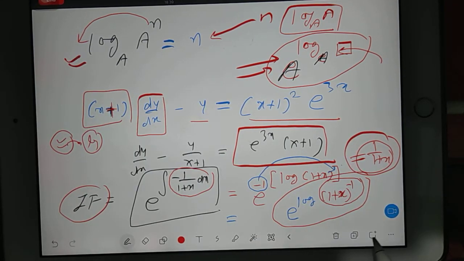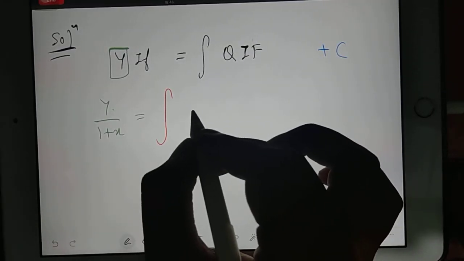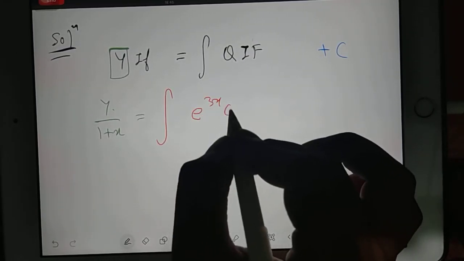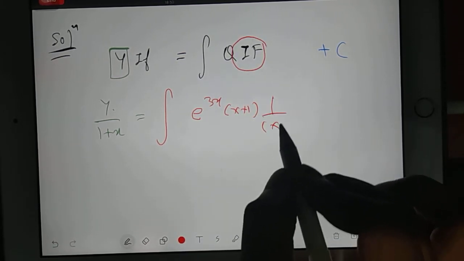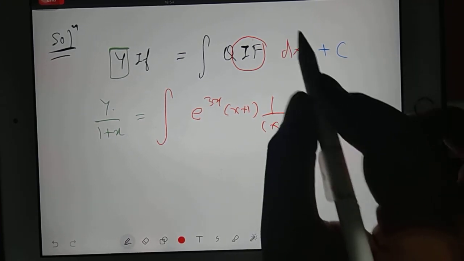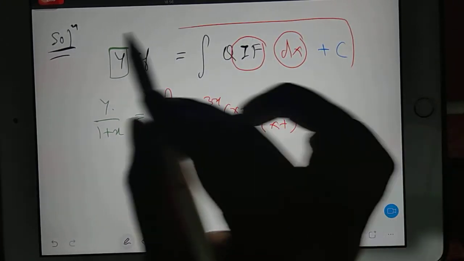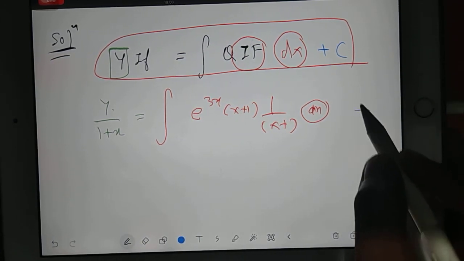So we have to substitute the q value there. I'll change the page. The q value is nothing but e power 3x times (x plus 1), and this integrating factor is a magical thing now, x plus 1 here, and dx. This dx I am not writing in the main formula, it should be there, but because I am writing again and again by trick, okay, that's all, plus c.